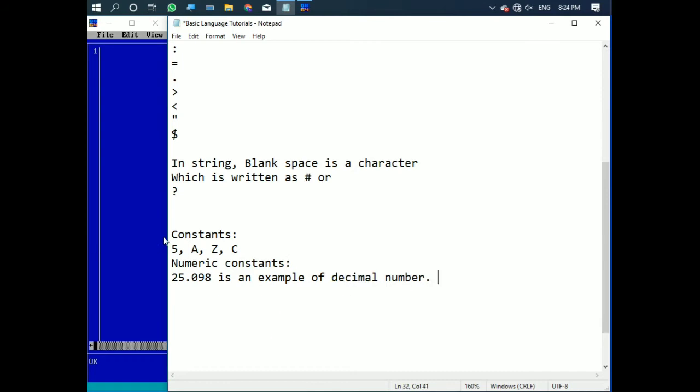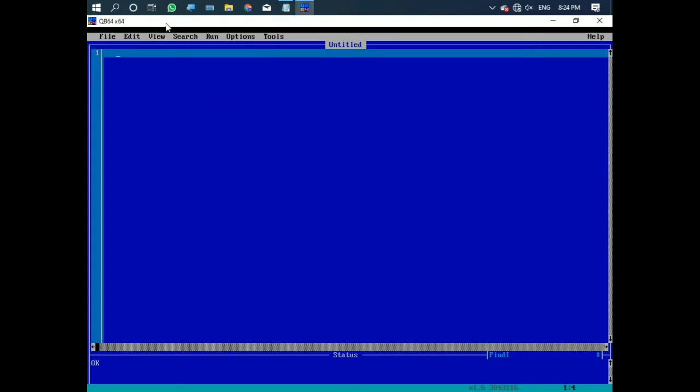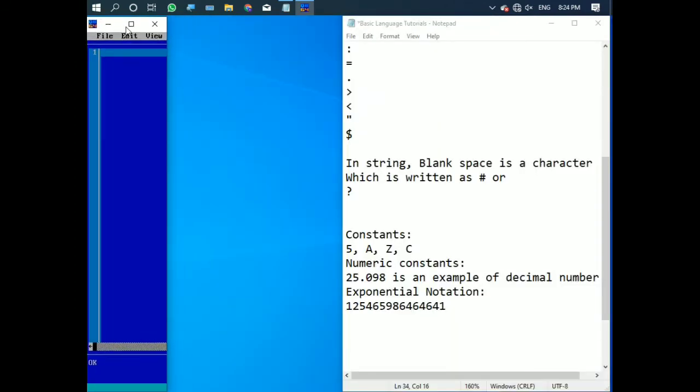Now as we learned about constants and numeric constants, we are going to move on to exponential notation. So what is exponential notation? Suppose I write a big number, so let's take one example.